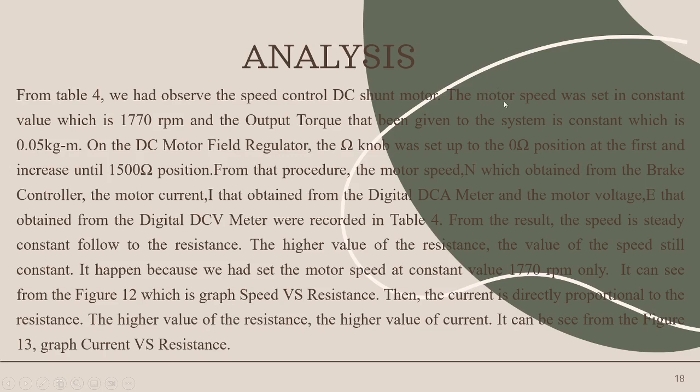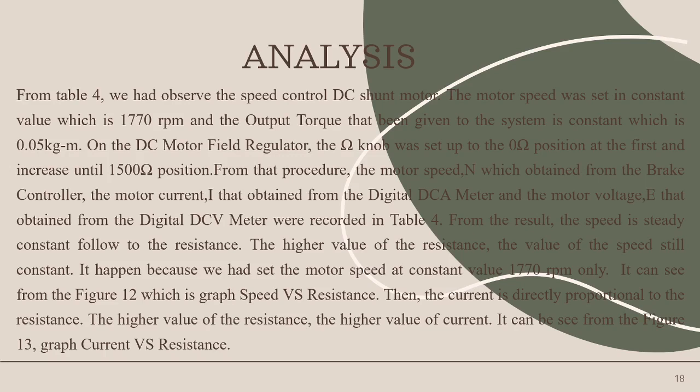And for the DC motor field regulator, the ohm knob was set to the 0 ohm position at first and increased until the 1500 position. From the procedure, the motor speed obtained from the brake controller, the motor current obtained from the digital DC meter, and the motor voltage obtained from the digital DC meter were recorded in a table. The result is that the speed is steady and constant with respect to the resistance. The higher the value of the resistance, the speed still stays constant. It happened because we had set the motor speed at a constant value